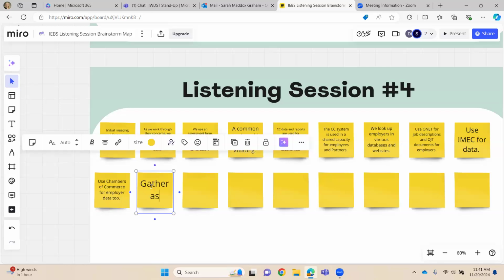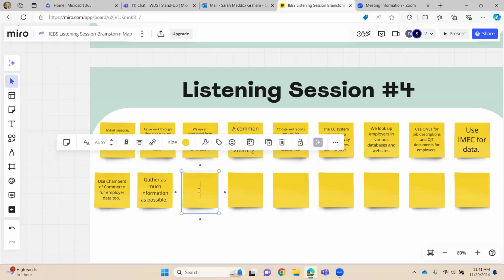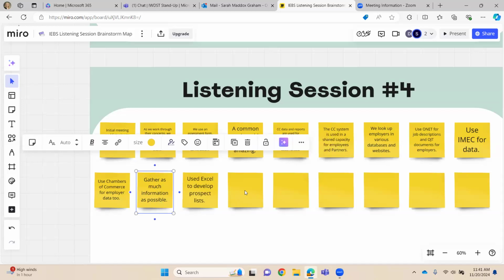We did use Excel to generate prospect lists and to do a little bit of research on those potential employers that we wanted to outreach to, going into databases to see if there's anyone else working with them, what kind of jobs do they have posted. So doing a lot of research, getting a lot of questions, and then in response to your AI question,